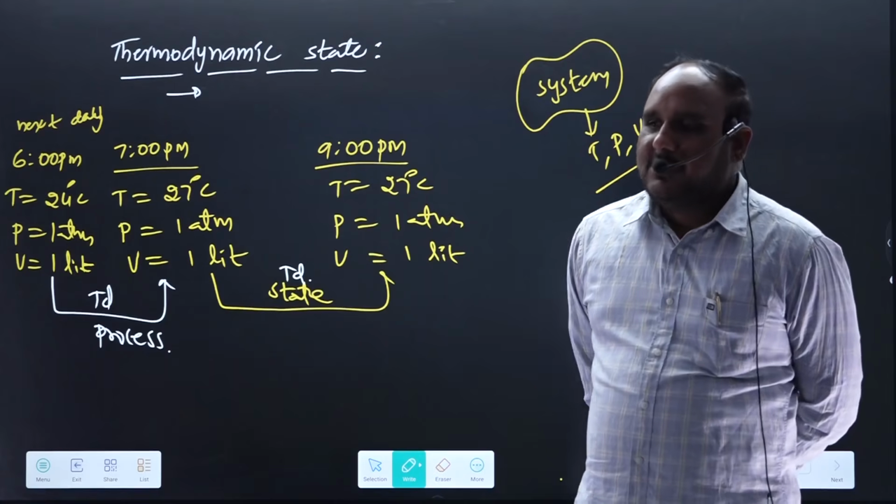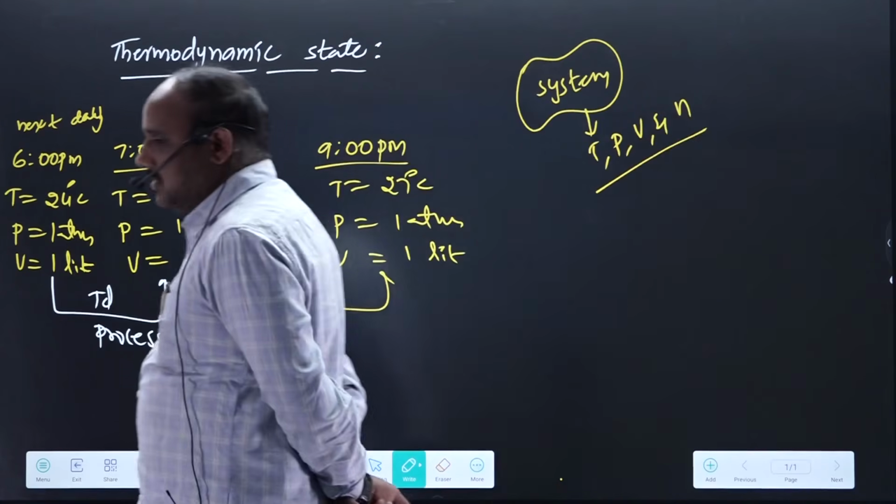The properties of the system, next point, the properties of the system